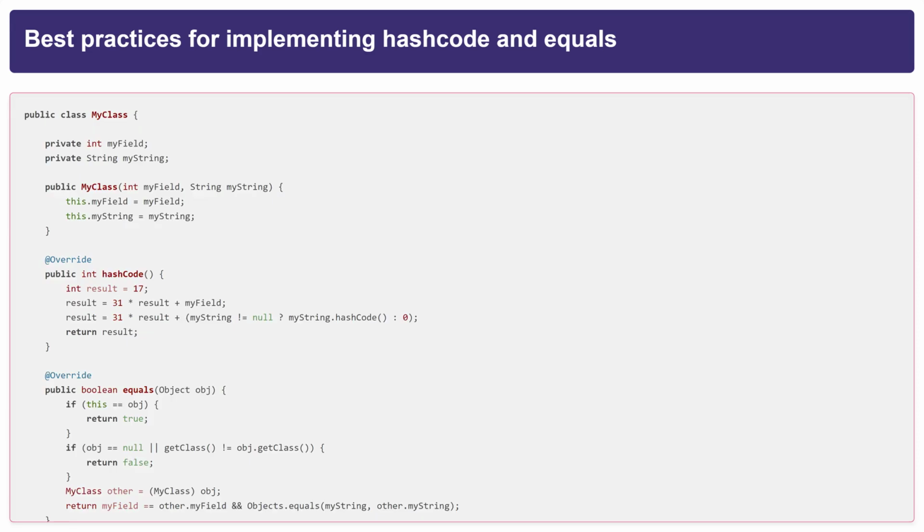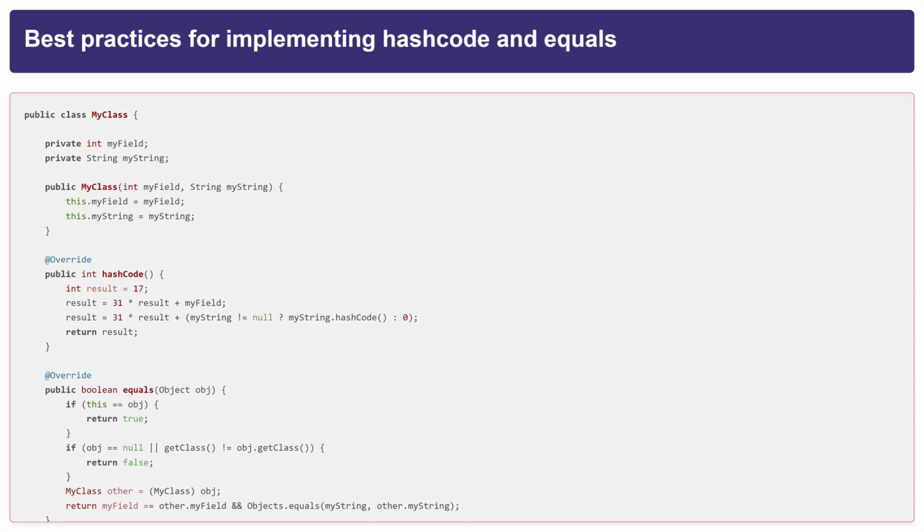When implementing the hashcode and equals methods in Java, it is important to use all relevant fields. Here's an example implementation of MyClass that overrides both methods. The hashcode method combines the hashcodes of myField and myString. The equals method checks if the objects are the same instance, have the same class, and have equal myField